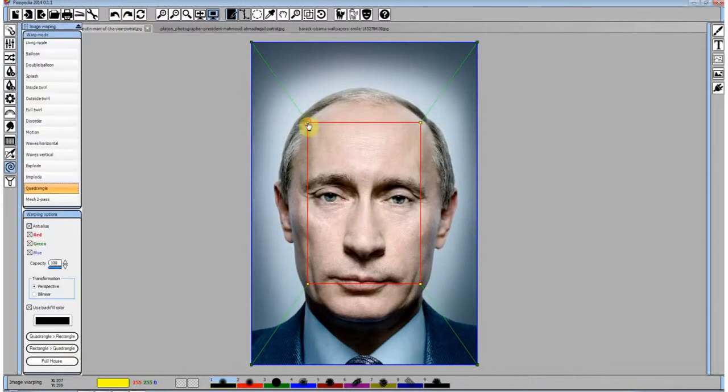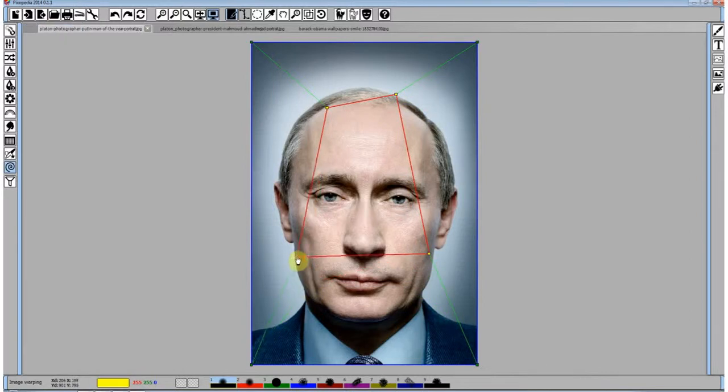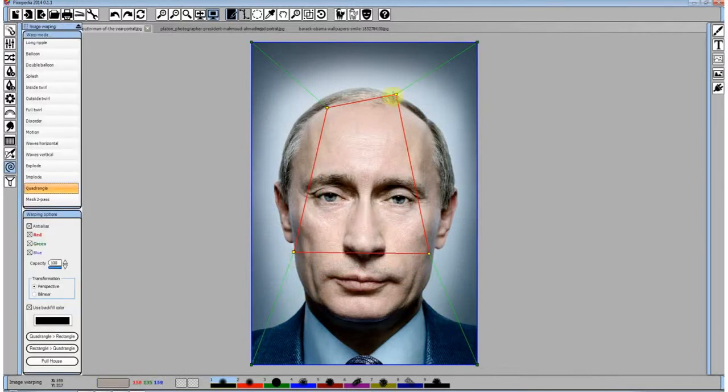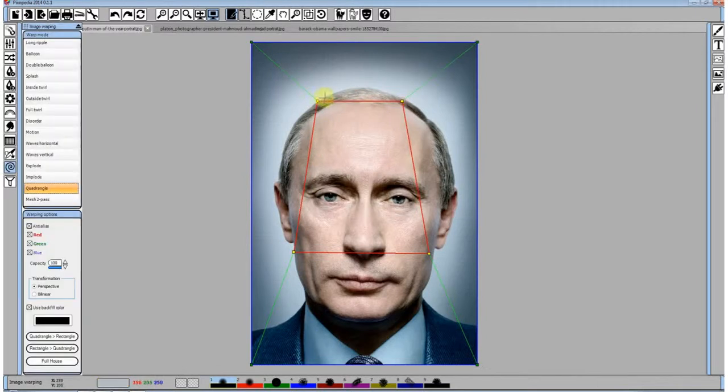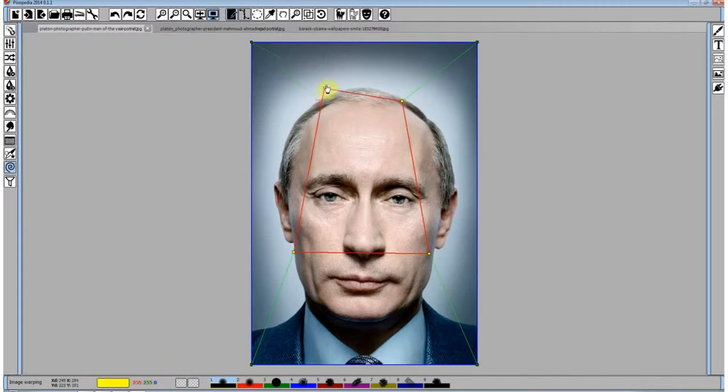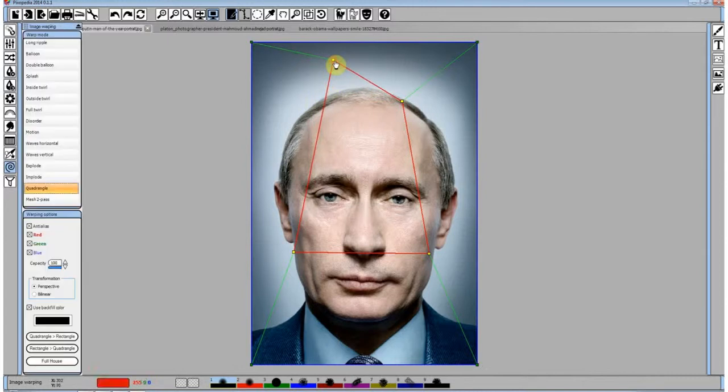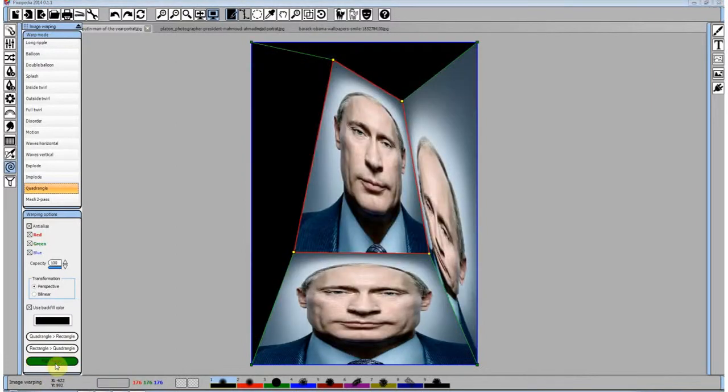Now there can be an error when performing full house, when we move those control points so that we get a concave, actually non-convex quadrangle, and we apply full house.